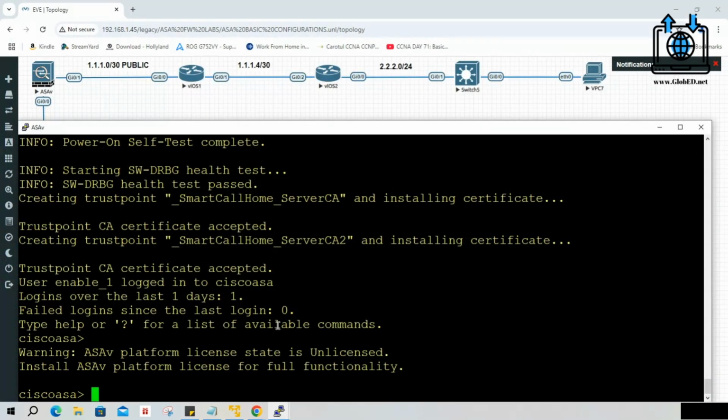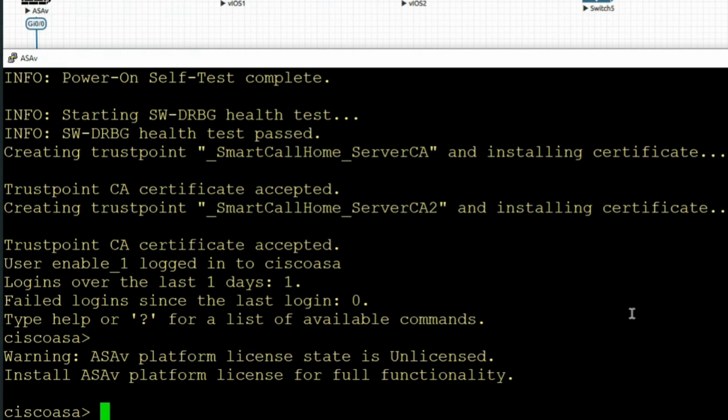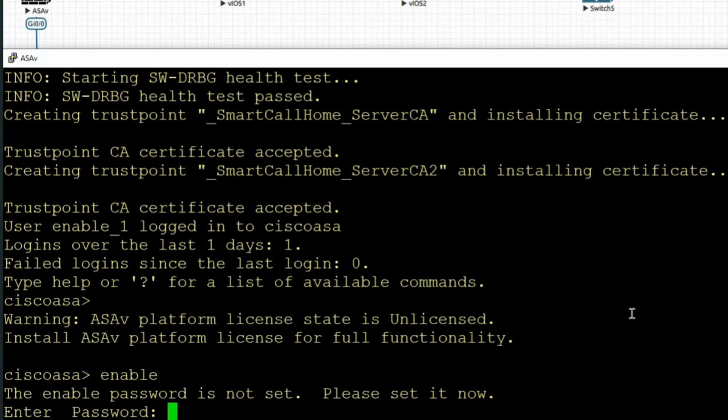So this is the ASA, and by default it has no passwords. Now in the packet tracer, once you type enable, it says enter a password. Now you don't have to. There is no password set. It's telling you right here. You need to then configure a password. Here it's giving you the option: enter the password that you want.